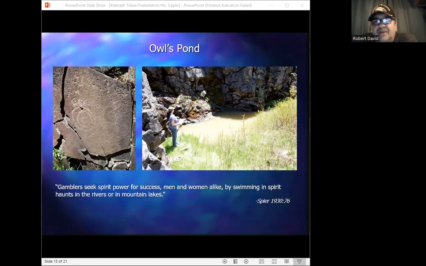On another part of the site, overlooking the only place where the gambling supplicant can crawl out of the pond after following the owl swimming protocols, we have another pair of rather wicked-looking eyes located right down here, which greeted them and instilled, shall we say, the proper attitude when they woke from their power dream along the bank the next morning. And actually, you can see the rather wicked-looking set of eyes located over here, meant to instill in the supplicant a healthy appreciation for the spirit owl's supernatural vision.